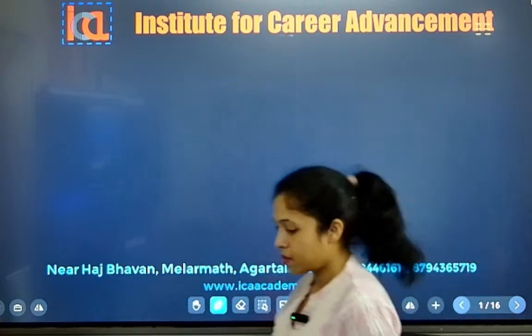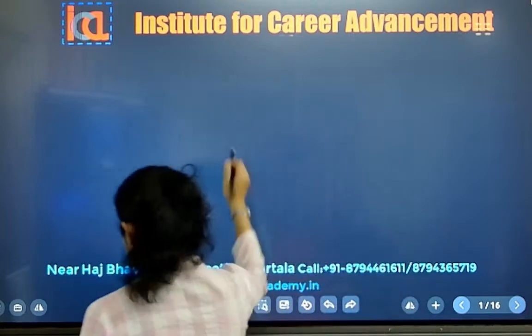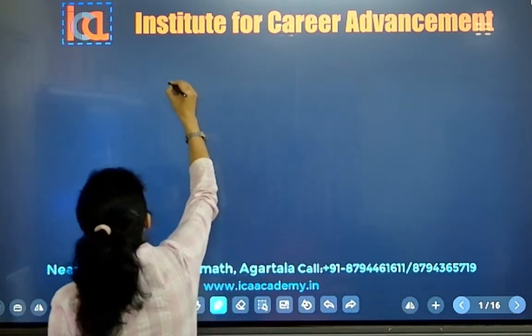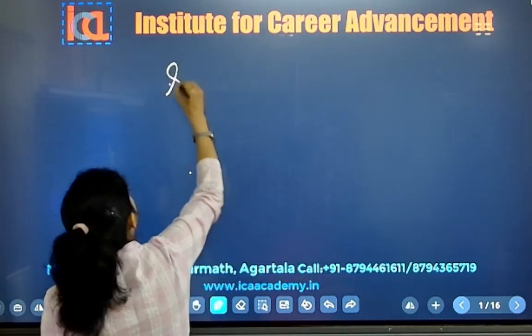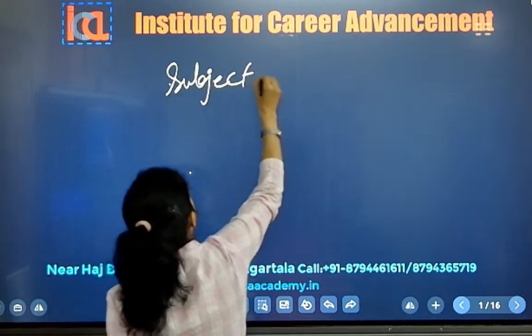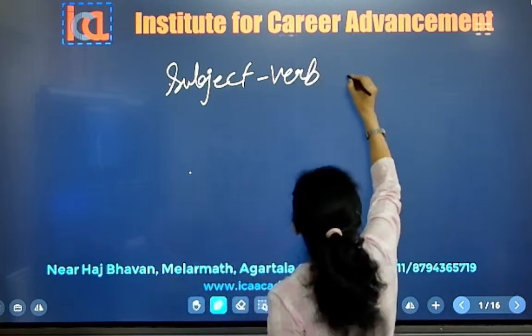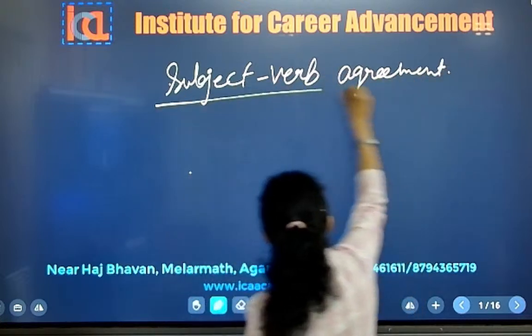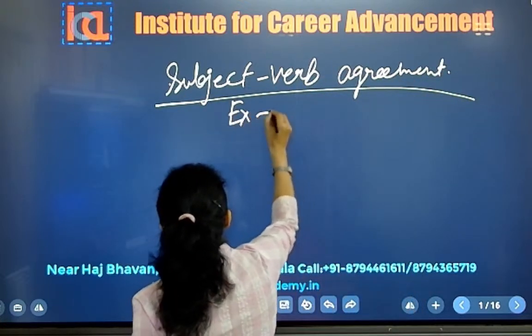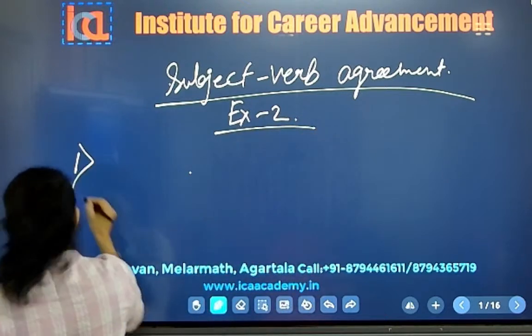So let us start. I'll write one by one and I'll tell the rules also accordingly, why with these subjects these verbs are used. So today's topic is subject verb agreement. Exercise 2. The first sentence is